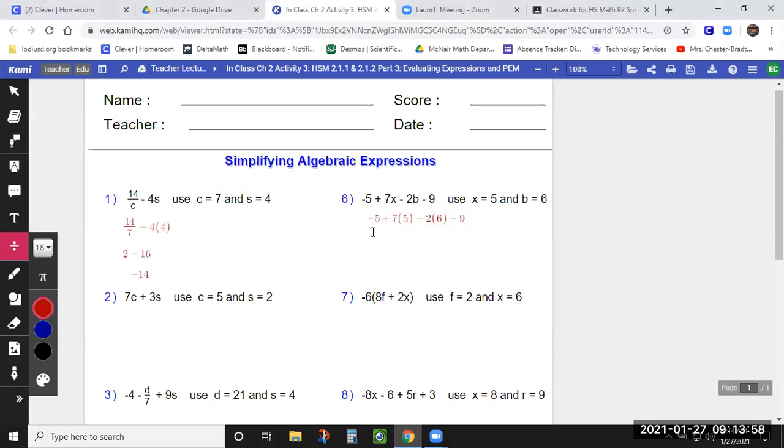We're not changing the negative 5. It's still there. What is 7 times 5? It is not 9 times 6. 35. Oops, the 5 got 9. 35. And then minus,